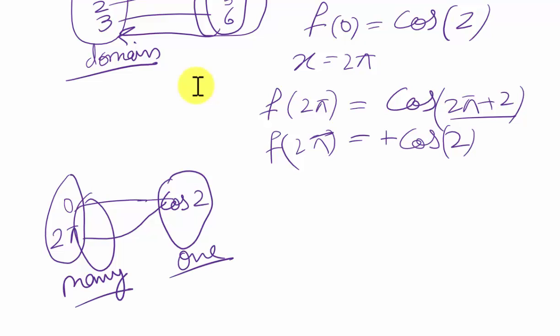So this function does not qualify as bijective. That means we cannot find f inverse. We cannot find the inverse of cos x + 2, because this is not a bijective function, not a one-one function. For bijective, if it is one-one, then we should check onto also, but it fails at one-one itself, so we will not check onto, because if it is not one-one, it cannot be bijective.